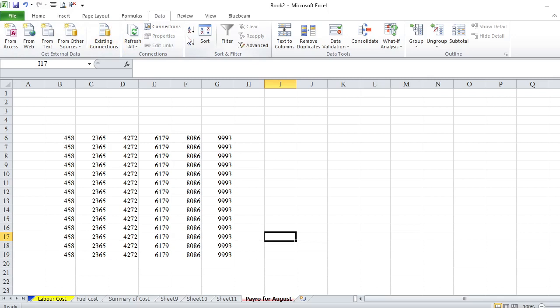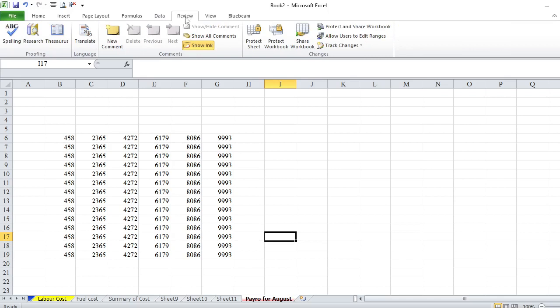You have to organize your data, filter, sort, calculate, whatever. Manipulating your data, you will use this menu bar. And the next one is Review. Reviewing means if you want to check the spelling, add comments, or make some kind of editing like that.